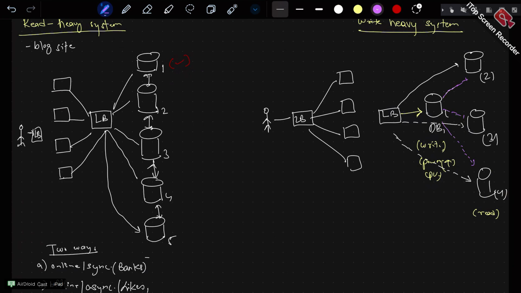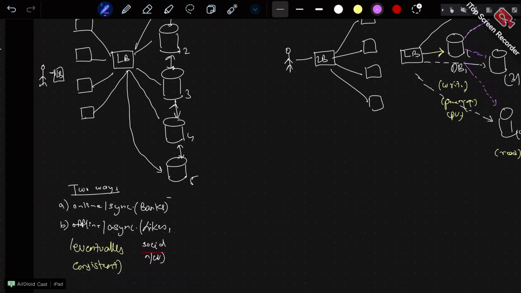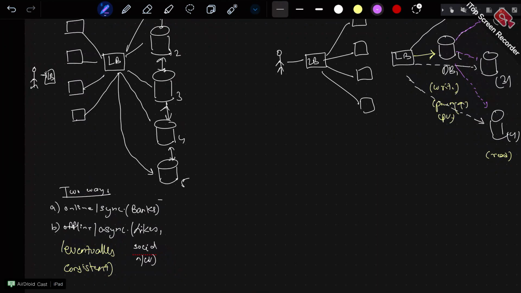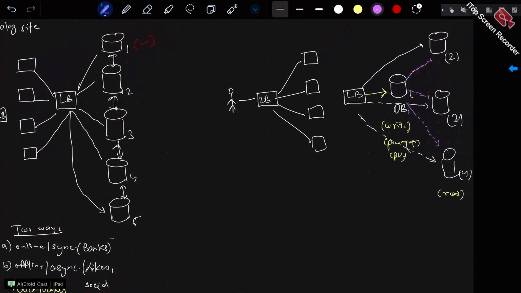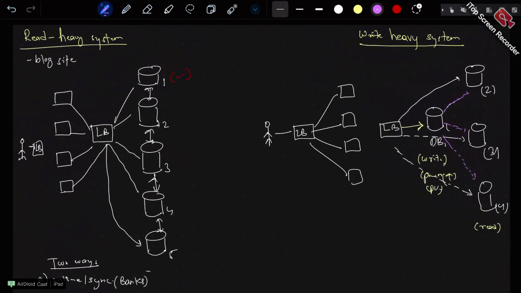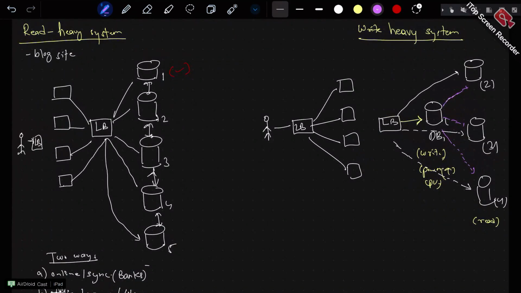So again, that can happen in two ways that we have just discussed: async and sync. Same thing will happen in an async manner. In the background, in case of a write request, we'll just respond to the user that the data has been written, now you can make a read request. But in the background the data will keep replicating and updating itself. So the write database will propagate to 2, 3 and 4 and make them the most recent versions. In case of a sync mechanism also, it will do the same. It's just that we have segregated the reads and writes now.